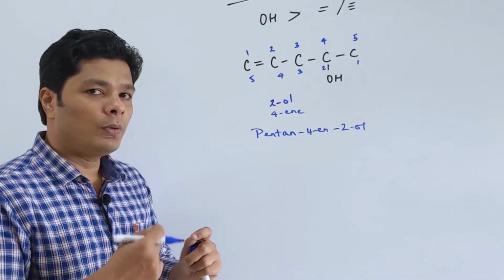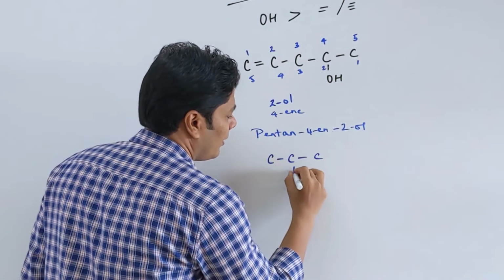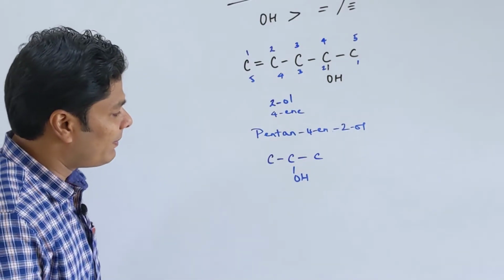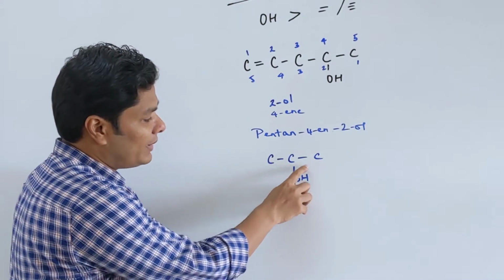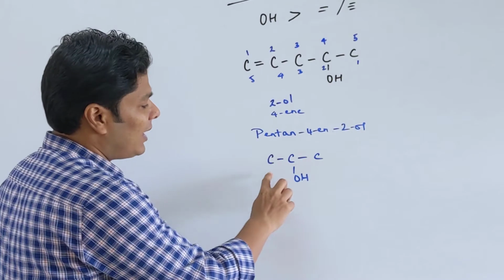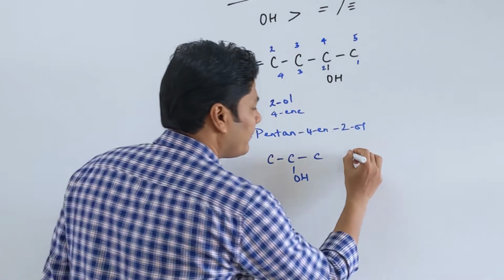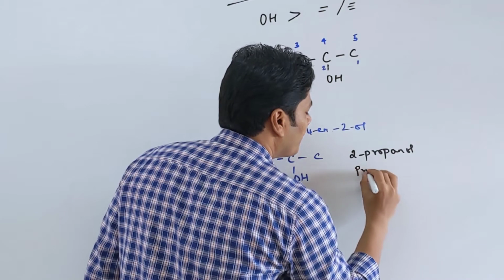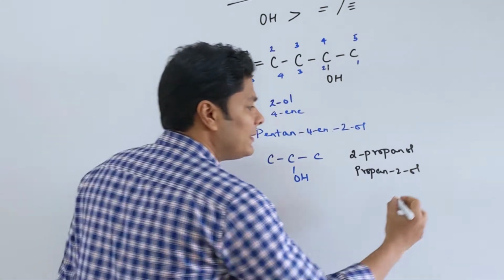The other thing that you want to know is, if you take a simple alcohol, for example, this. Now we can name them in common name as, if the OH is here, it will be n-propyl alcohol. Here it is on the second carbon, so you can call it isopropyl alcohol. So that's a common name. When it comes to IUPAC, obviously it doesn't matter whether I go from left to right or right to left, it is going to be 2-ol. So there are 2 ways you can write: 2-propanol or propan-2-ol. According to the most recent IUPAC convention, this is the correct way of naming.